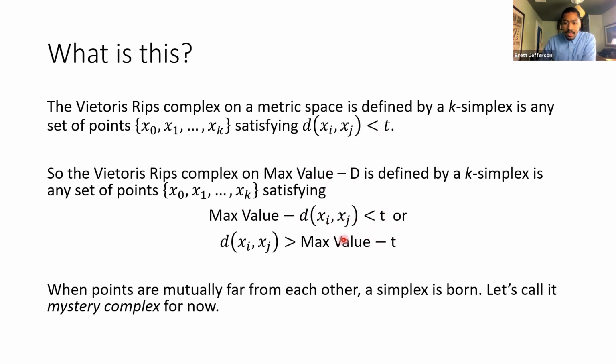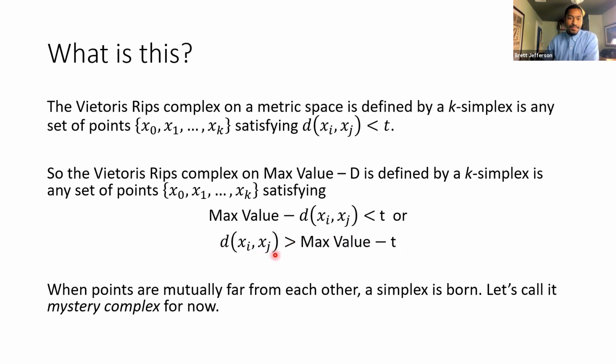Well, that's the same as saying that all of our distances have to be bigger than some value, and that value is whatever my max value is minus the threshold. So all of my distances now need to be bigger than some number, or really far apart. All the pairwise points in a simplex have to be really far apart. Okay, that helps. Let's call this the